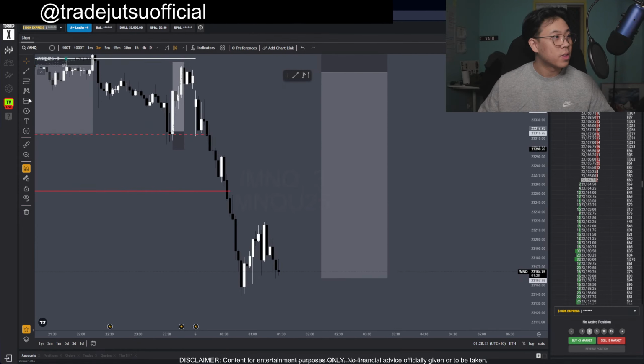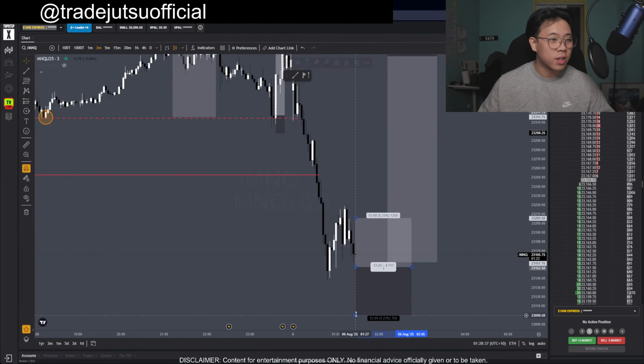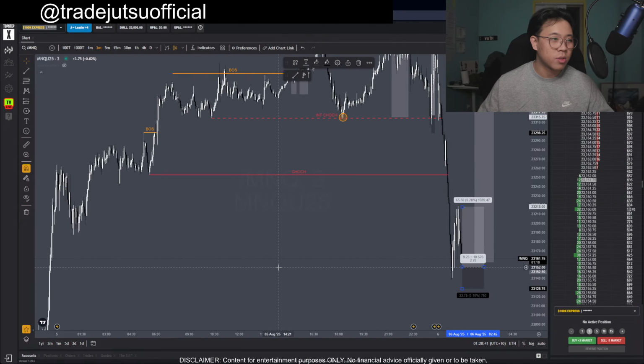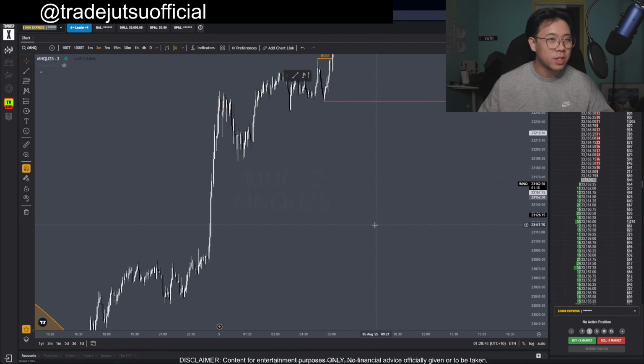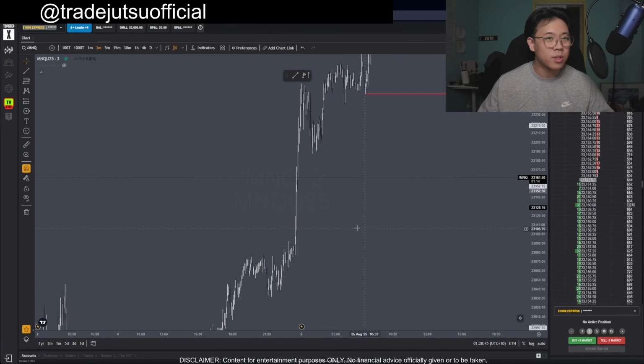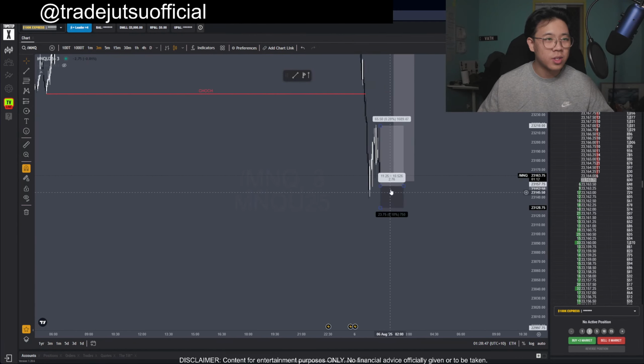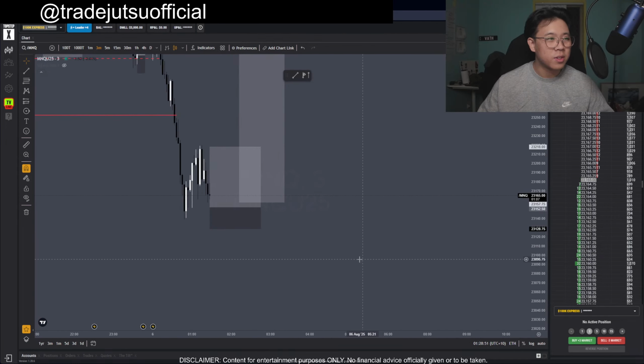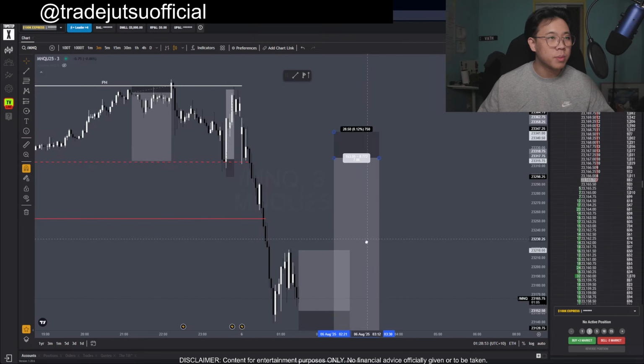So I don't think any trades will be available anytime soon. I don't think I would be interested in taking a counter trend trade now. A long here would be way too risky. Don't want to catch a falling knife. There's no real look. It's respected off a really random zone. There's nothing to stop price just continuing down. So I wouldn't take any longs around this time. I would want to maybe wait for